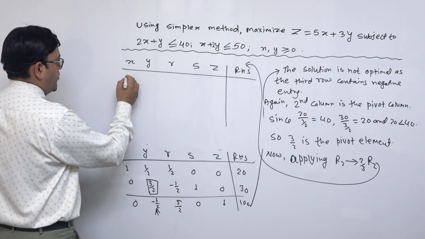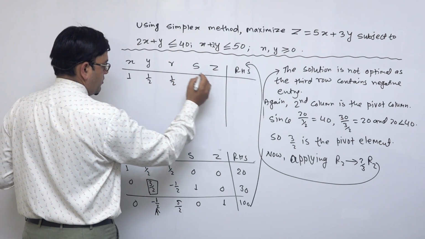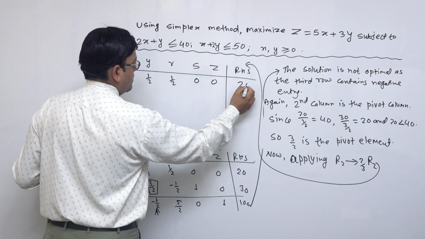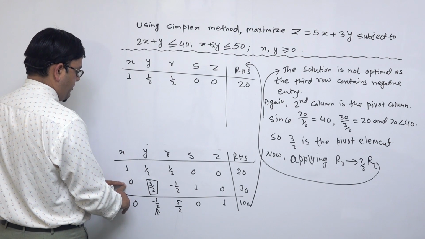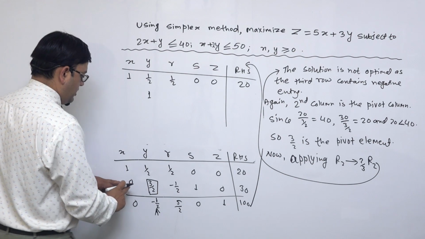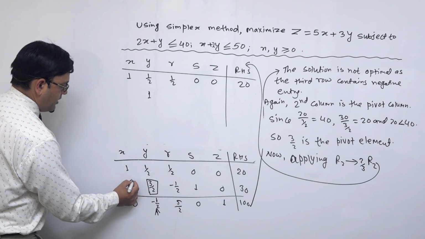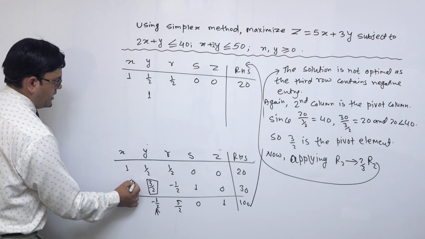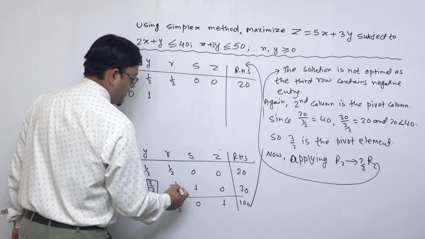x भनेको हाम्रो कति छ 1, 1 by 2y and then this is also 1 by 2, 0 and then this is also 0 and this is 20 and here we have 3 by 2 मा चाहिँ के हुन्छ 1 हुन्छ। अब हेर्नुस् है त 0 मा के हुन्छ हाम्रो R2 change 2 by 3 टाइम्स 2 by 3 छ त्यसकारण 0 ले 2 by 3 लाई मल्टिप्लाई गर्दा 0 भयो।